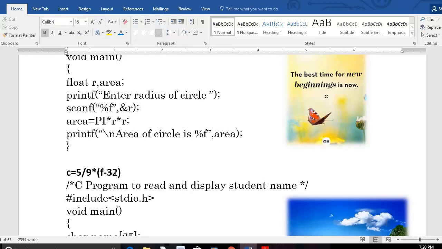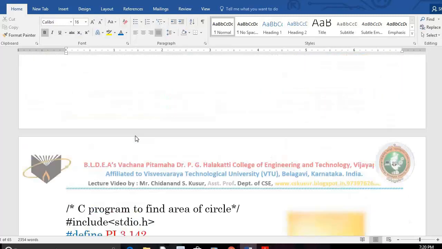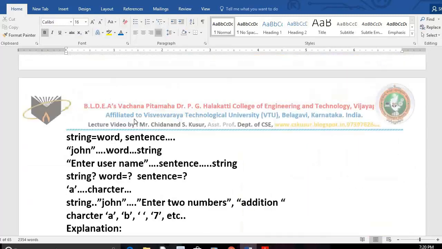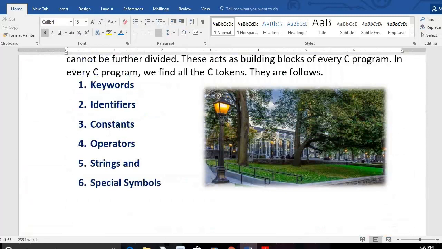We solved the problem, no? We used constants here. 5 is a constant, 9 is a constant, 32 is a constant. We cannot write the program without constants. That's why constants are also C tokens.